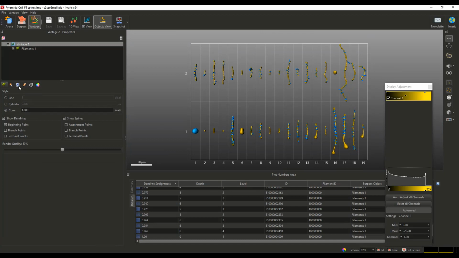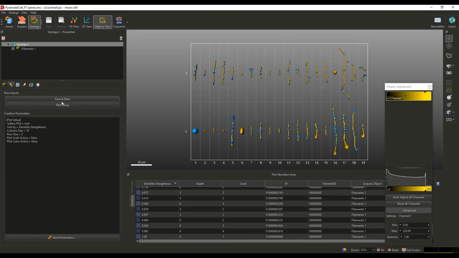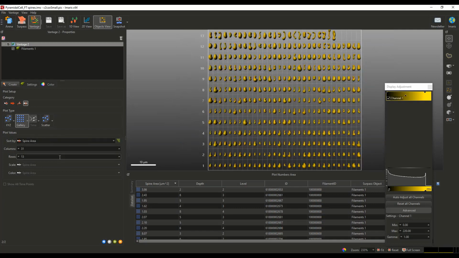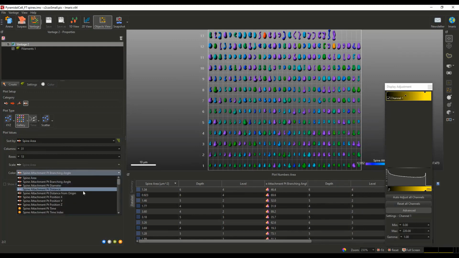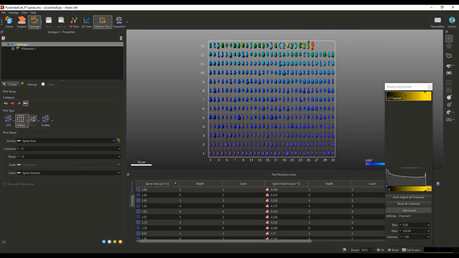Now again, you can inspect, as I just explained to you before with the chloroplasts, you can inspect that individually. But one thing which you can do in the plot setup, especially here with filaments, is the type. So here we have spines. So if you are interested in categorizing spine morphology, you can do that as well. And here if I choose, for instance, the spine volume, you can get immediately here a nice gallery view of the different spines, and yeah, put here in Arena, but